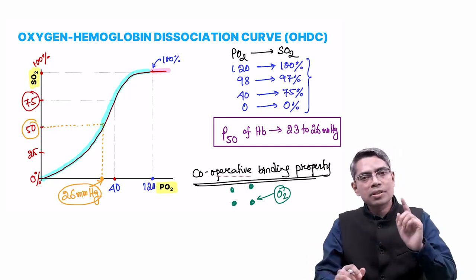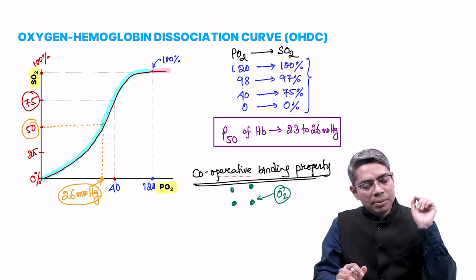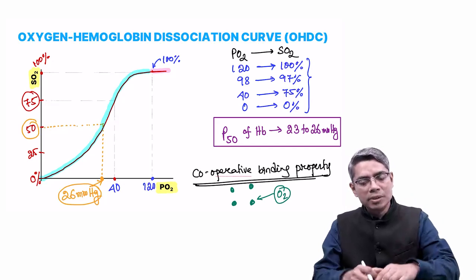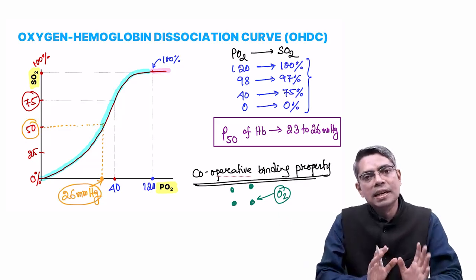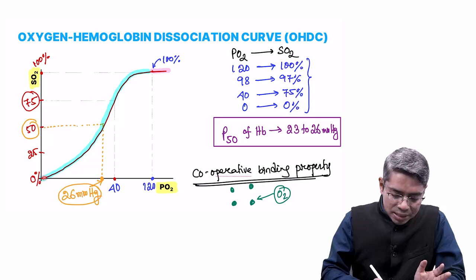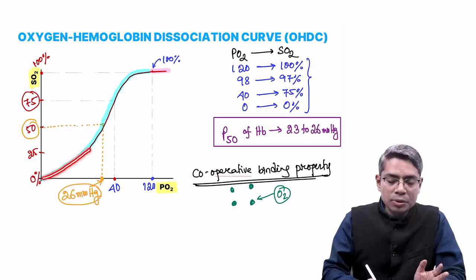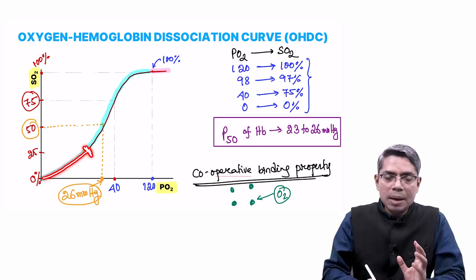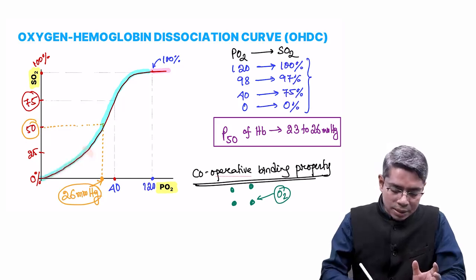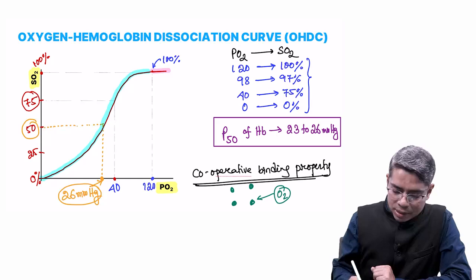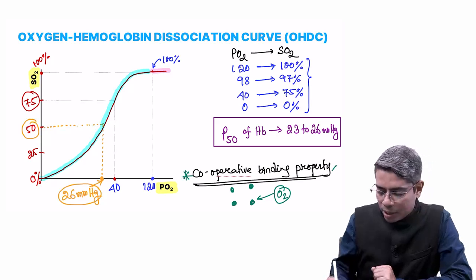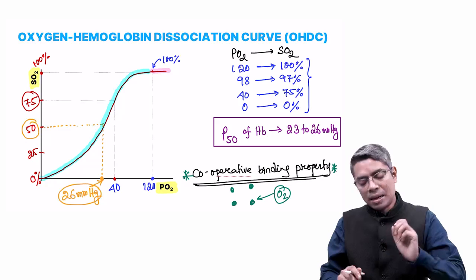It means the first oxygen entry is very difficult, but whenever one oxygen enters the hemoglobin, it causes relaxation of the hemoglobin so that the remaining oxygen enters easily. So initially it is very difficult to saturate the hemoglobin with oxygen, but once some saturation happens, later on the saturation increases to a very high level. This kind of property is known as the cooperative binding property of hemoglobin with oxygen,